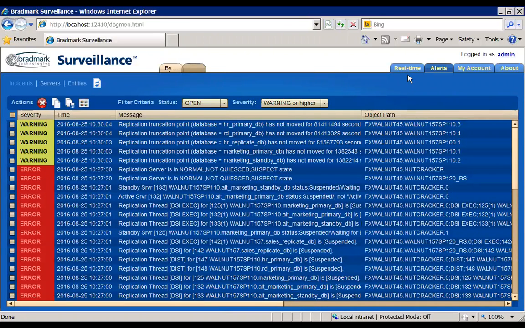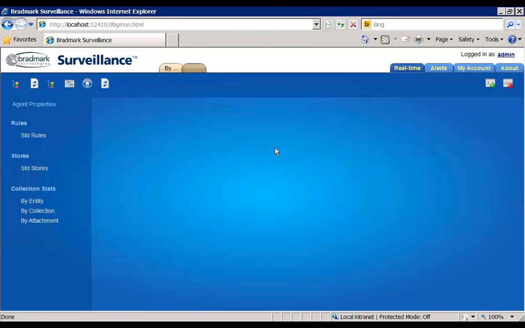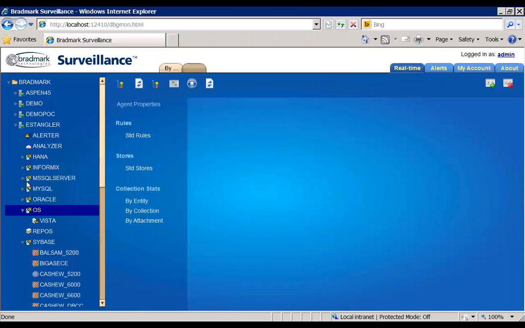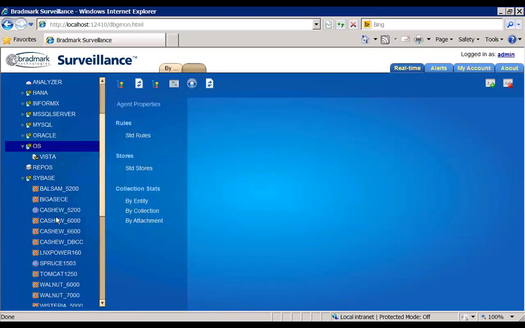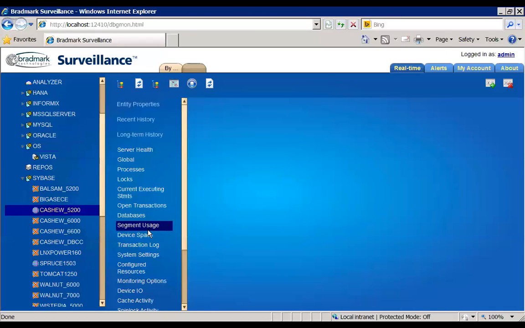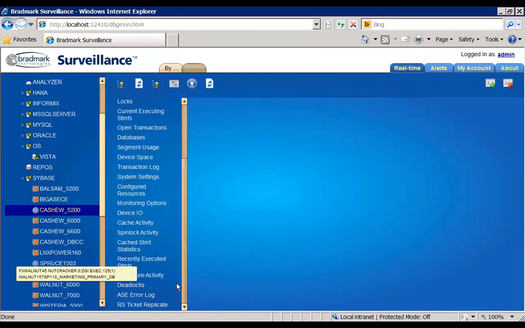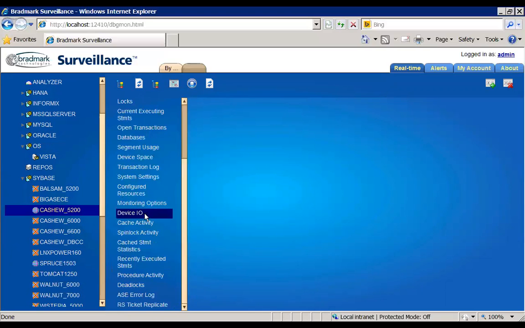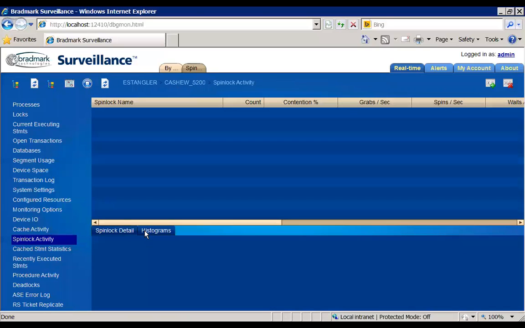So that's some of the things that we've done on the alerts dashboard. Going over to, and that was in 4.5.2 and 4.5.3, we did enhancements in that area. Another thing that we did in the 4.5.2 era was we started some of the visualization enhancements. So if I drill down over here to SAP ASE server, and we take a look at our spin lock information,